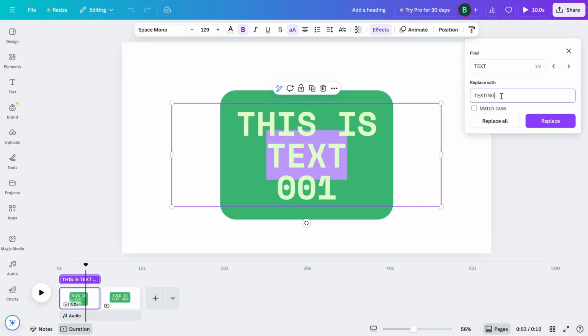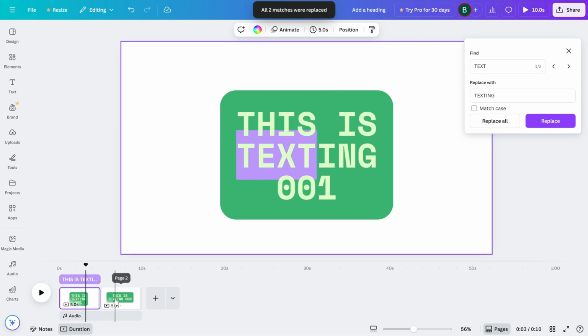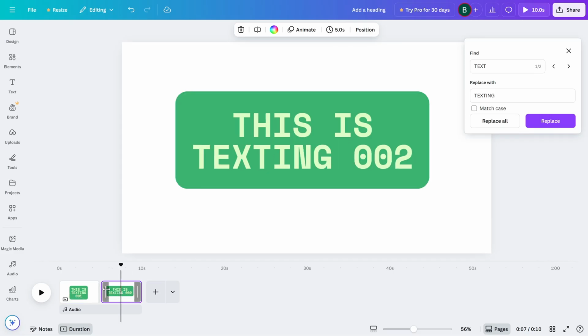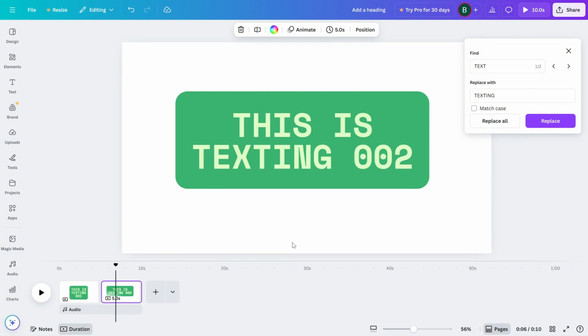Now just click Replace All, and Canva will automatically update every instance of the word text across your project. It's that easy. This tool is super helpful when you're working with multiple pages and want to make global changes